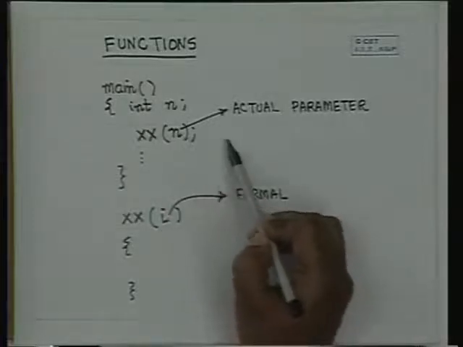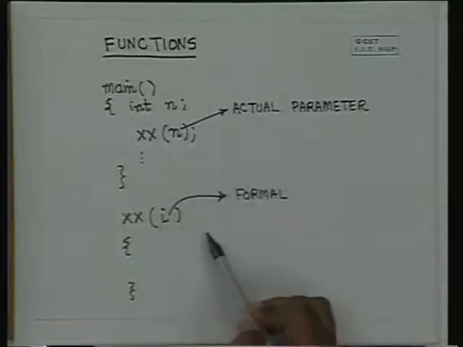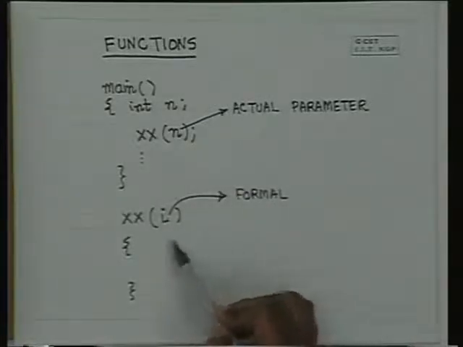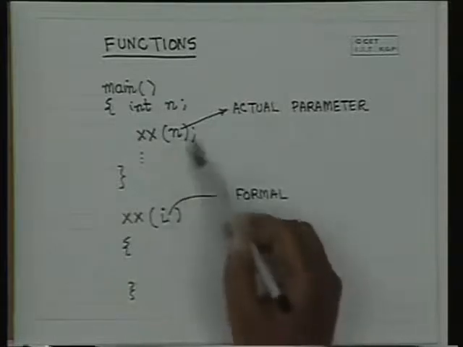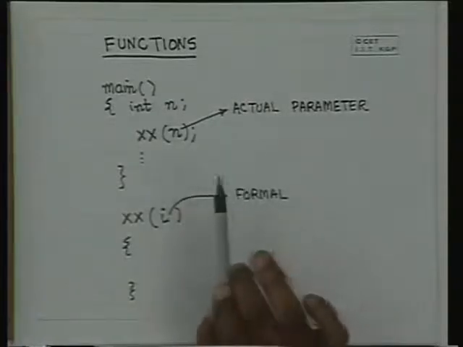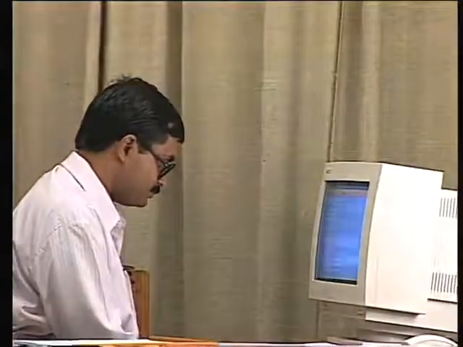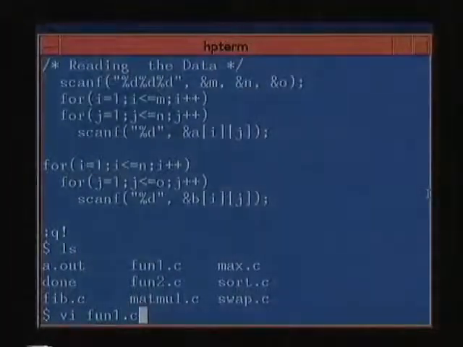Obviously you can have more than one parameter, and here also you must have the same number of parameters. You cannot have less or more, and their types should match in a one-to-one fashion. This is well known. So now let us see through an example what happens in a C program function. Let us take a very, very simple example. The first example will help us to understand the syntax of calling a C function, as well as the way a function behaves.